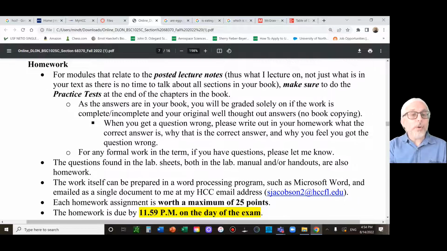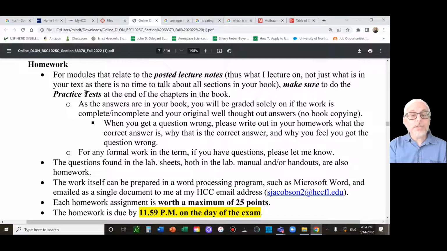Now, as you're doing the homework, here's what I want you to do. You go in the back of the chapter, whether it's the physical book or the online, and look at that set of questions. These are the practice tests at the end of those chapters, and just try it. Don't look back in your book. Don't look back in your notes. Just read the question, answer it. Read the question, answer it, and then grade it. The answers are in your book.